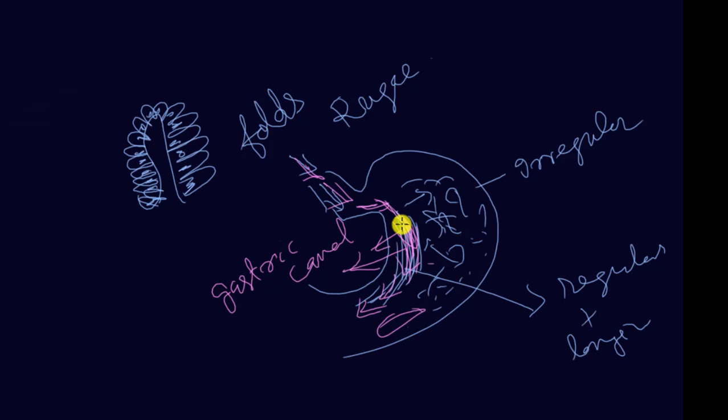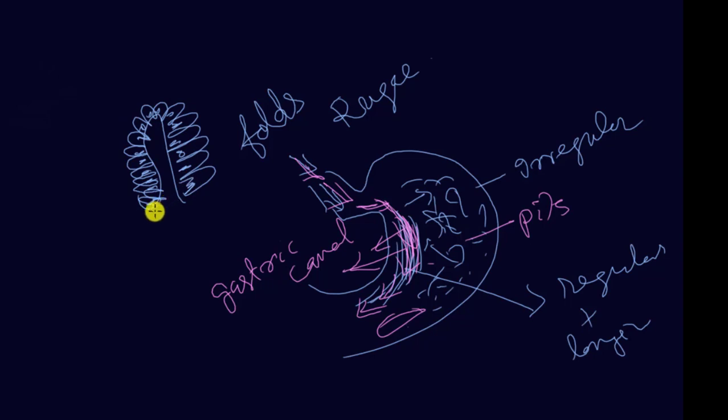So like that you will find the gastric pits over here, and these are small depressions. Pits are small depressions on the mucosal surface, and these pits are nothing but the opening of your glands, right? Here you will find what?